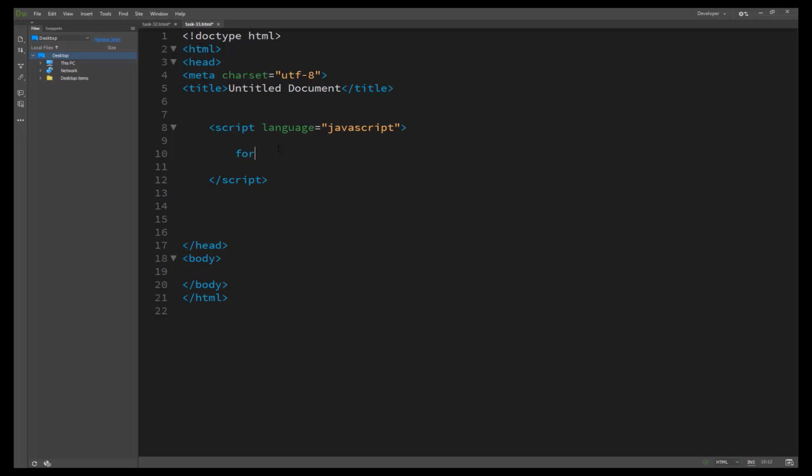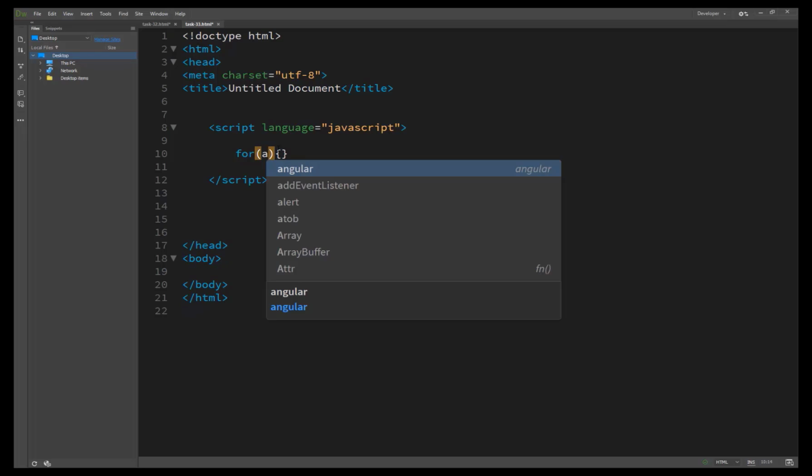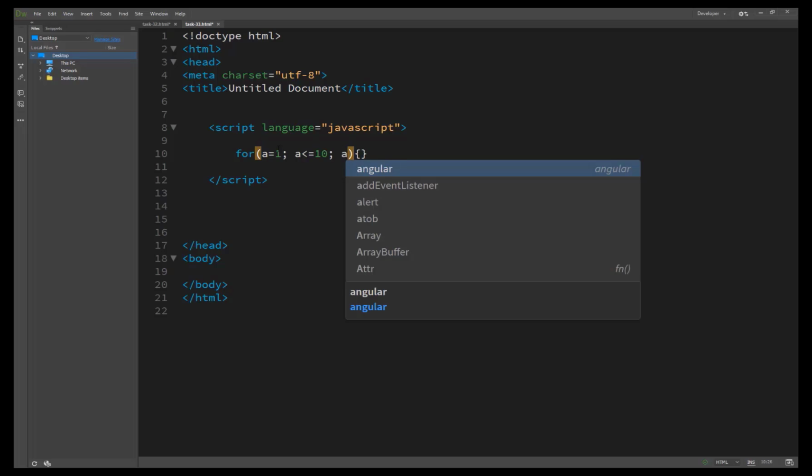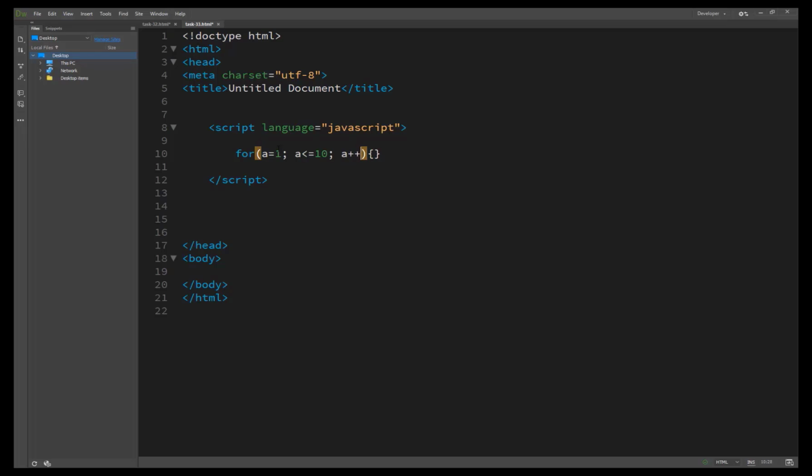So first of all, let's write our loop here. Inside it we write a is equal to 1, then a less than or equal to 10, then a plus plus.